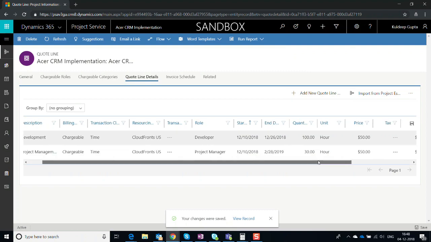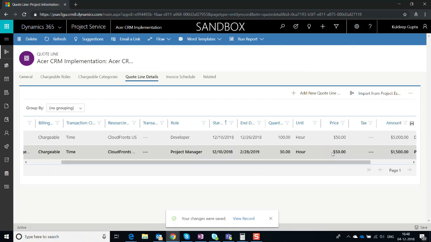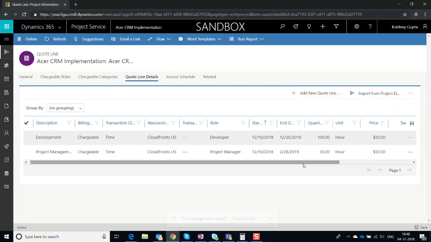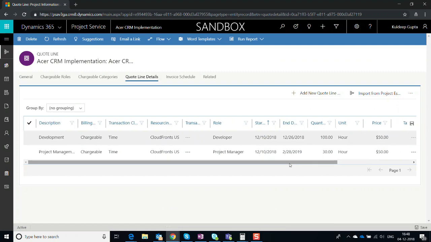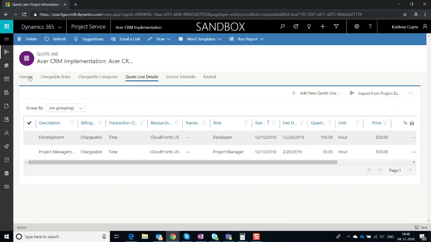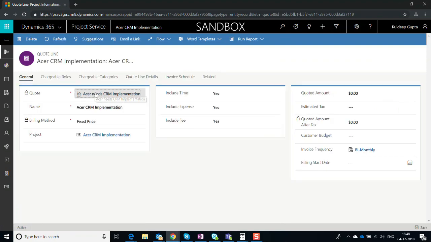Okay, again the price for the project manager is 50 and the developer is 50, but we have some higher rate for this project, PSA client, that we're going to charge. So how do we make the change in the prices? Something that I'm going to show you now. Let's say you go here, click on the quotation,